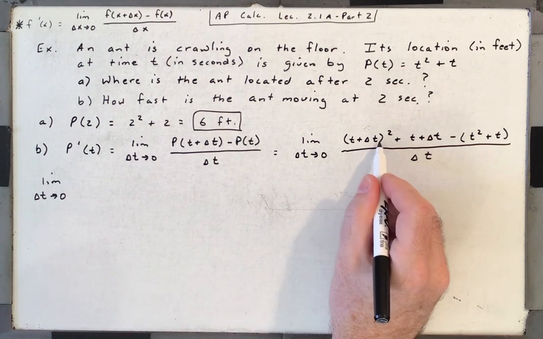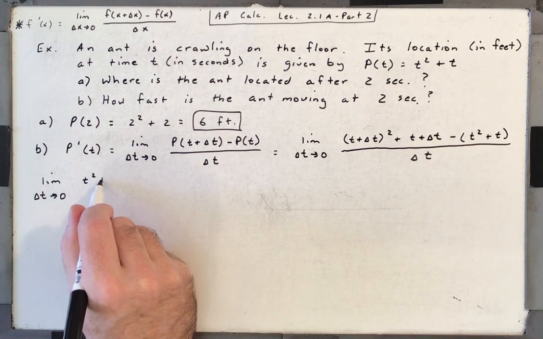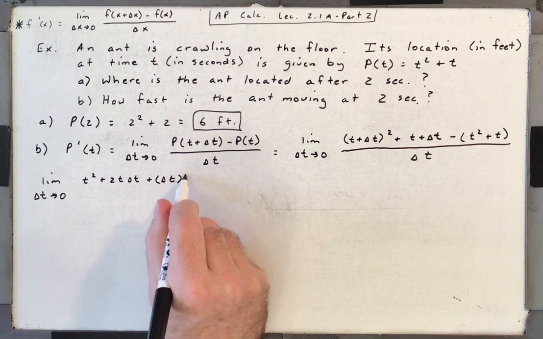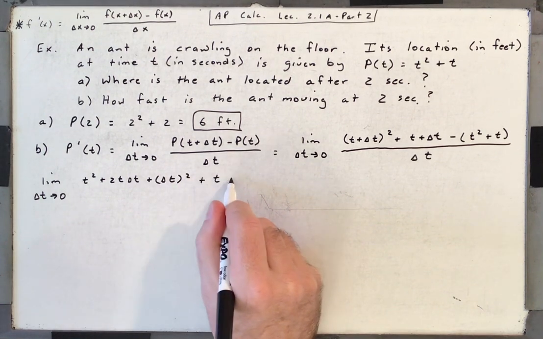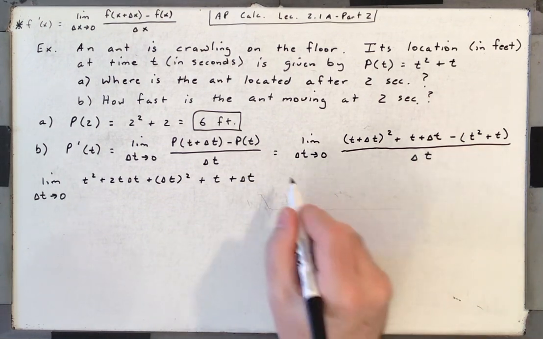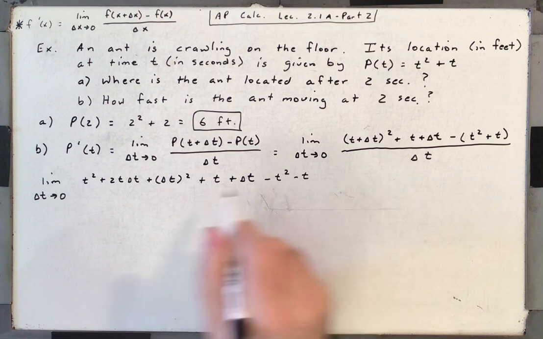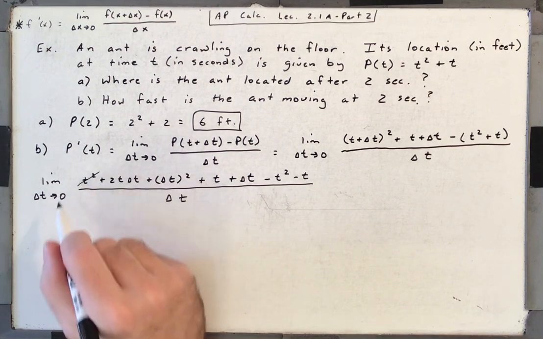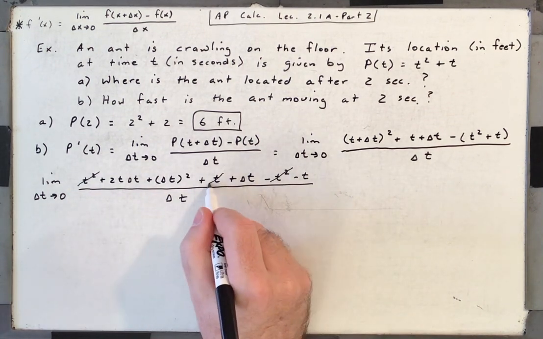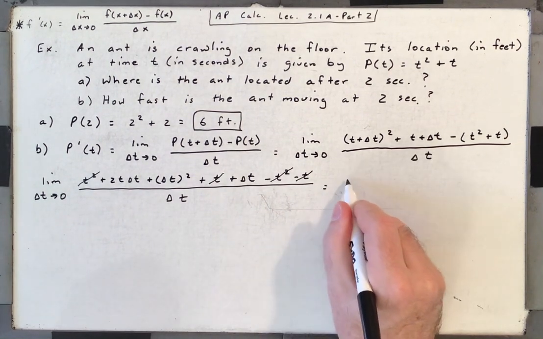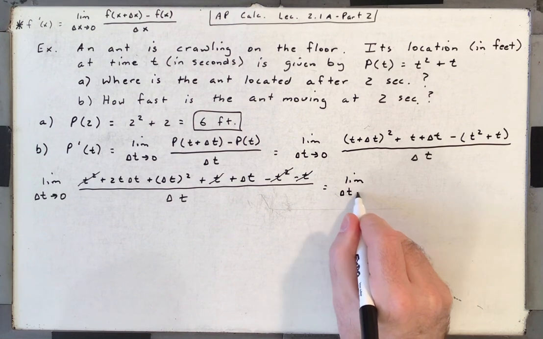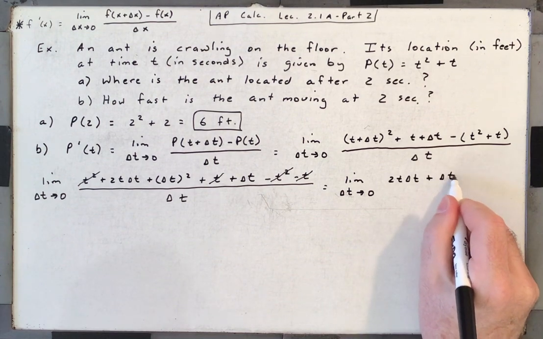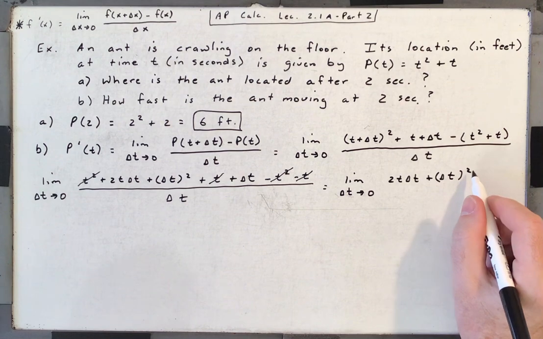Okay, so if you wrote that twice and FOILed it, it would be t squared plus 2t delta t plus delta t all squared plus t plus delta t, minus t squared minus t. So a bunch of things are going to cancel out over delta t. So the t squared cancels with negative t squared, t with negative t. And you get the limit as delta t approaches 0 of 2t delta t plus delta t all squared plus delta t